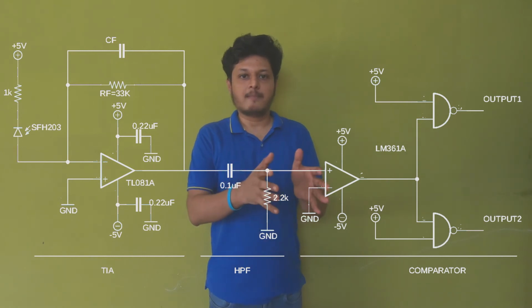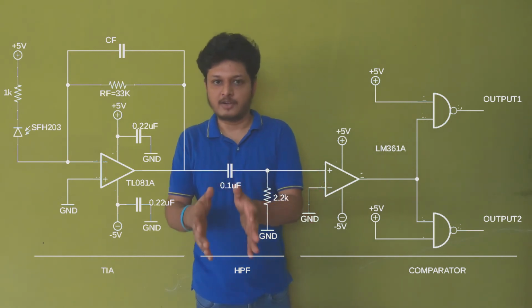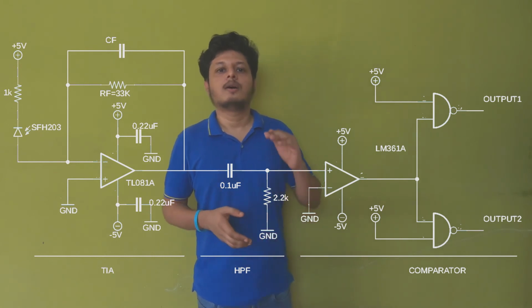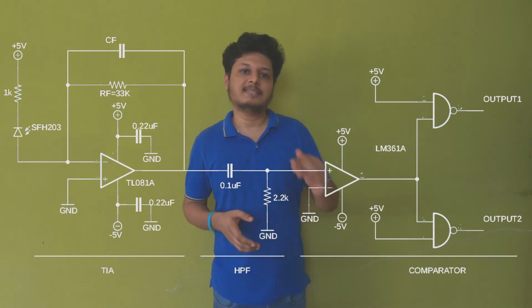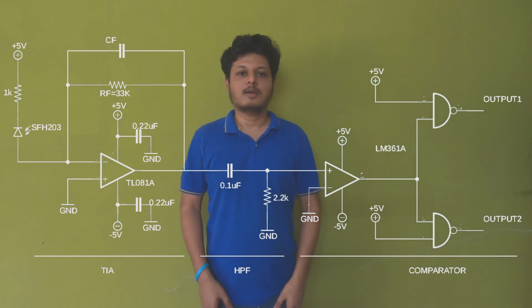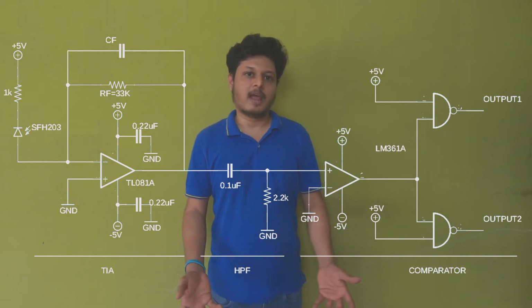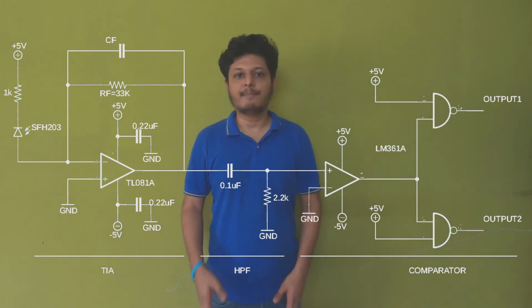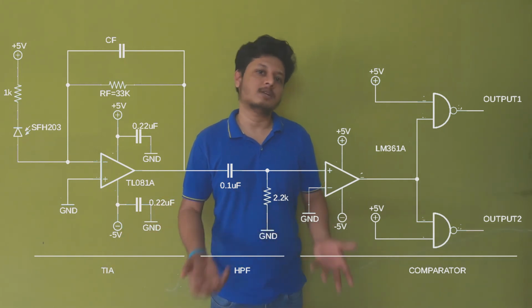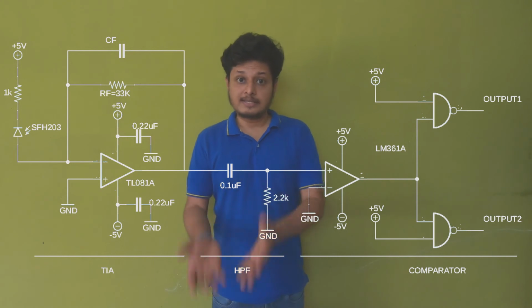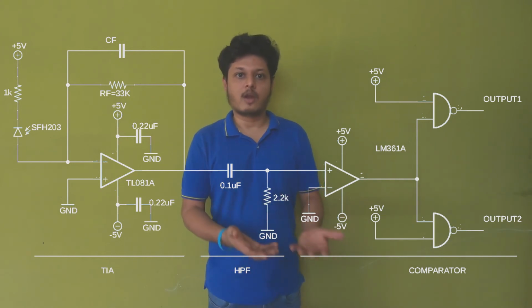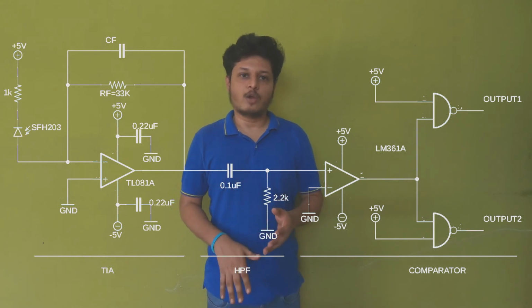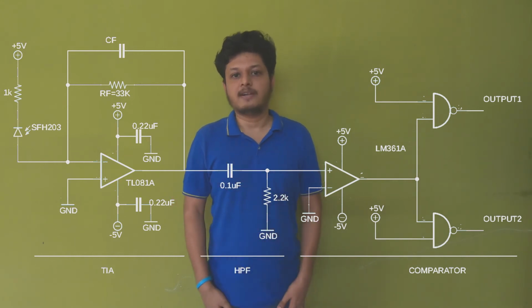After the trans-impedance amplifier, we are using a high-pass filter. Now the application of this high-pass filter is to reduce the DC noise or the DC level in the incoming signal, because our receiver can be anywhere. It can be inside the room or it can be outside. So ambient light will be noise for our circuit, and this ambient light generates a DC value. So we can eliminate that noise using this high-pass filter.